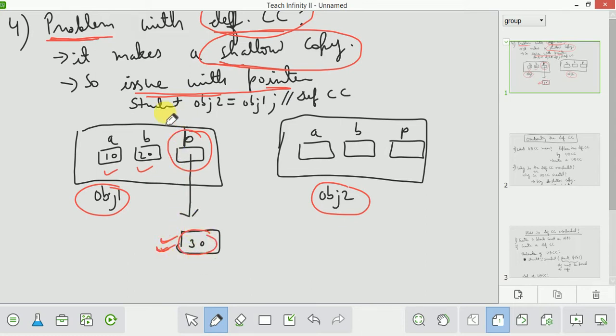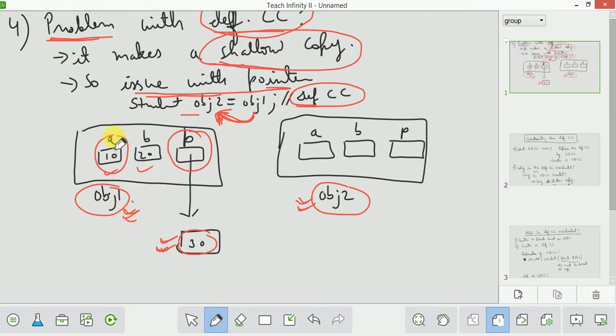Now suppose I am copying object 1 to object 2. Here object 1 will be copied to object 2 using copy constructor, so in this case the default copy constructor will be called. So how is this done?